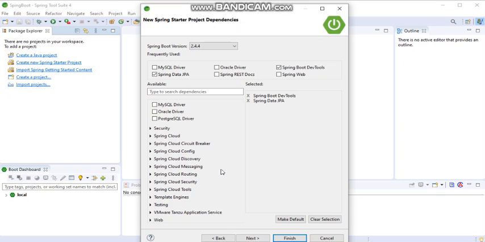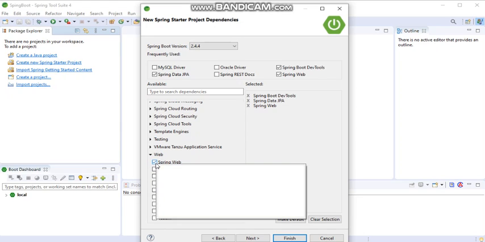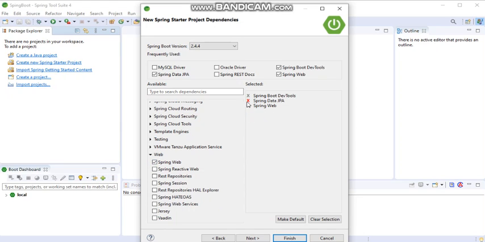And for testing, I can select from this package. And from the web section, I can select from the web. So simply I'm using Spring Web, so I'll select Spring Web. You can see all these starter projects I selected come inside the selected list. So here, what is a starter project? Here I can say a starter project is a big box.